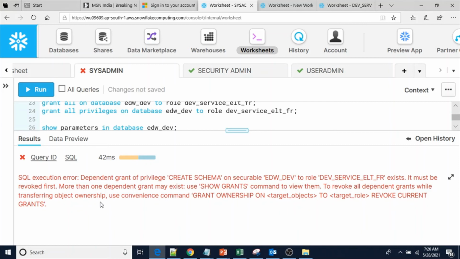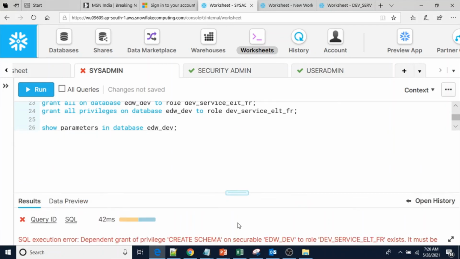So while granting ownership, to transfer ownership to somebody else, here meaning another role, you have to revoke current grants. You can do this separately, or along with the transfer also you can do.